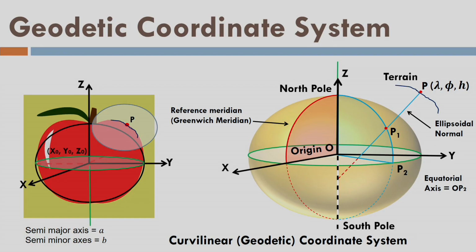The OP2, if you look at it, is called the equatorial axis. Now this angle, which I have just shown by animation, is the angle between the reference meridian and the observer's meridian, and this angle is lambda. Once again, I repeat, this is the angle between the reference meridian and the observer's meridian, and this angle is called lambda or longitude. It is called the terrestrial longitude of place P with respect to some reference meridian on the surface of the Earth.